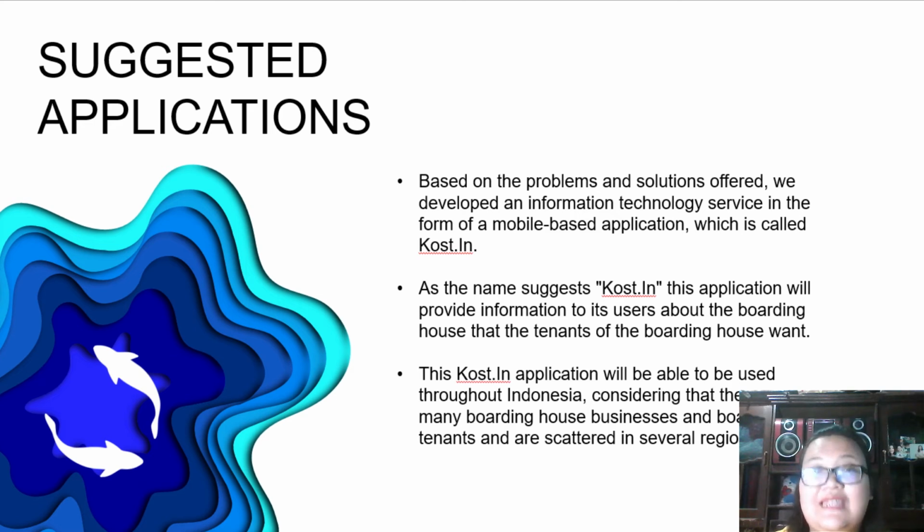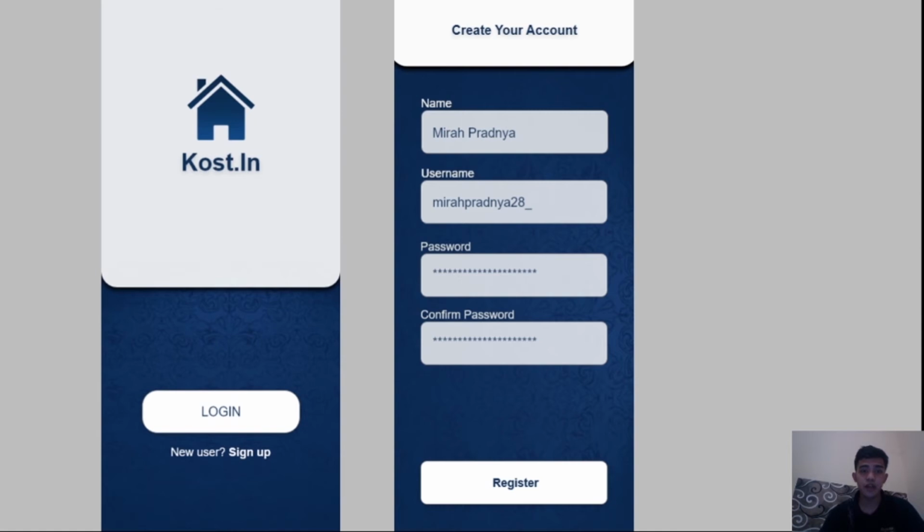In the cost.in application, users can promote boarding houses and view boarding house information, which includes address, price, facilities, and others. Besides that, in the application, users can also communicate with boarding house owners. Now I would like to explain the user interface